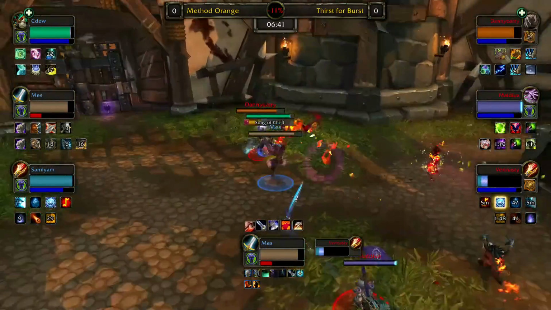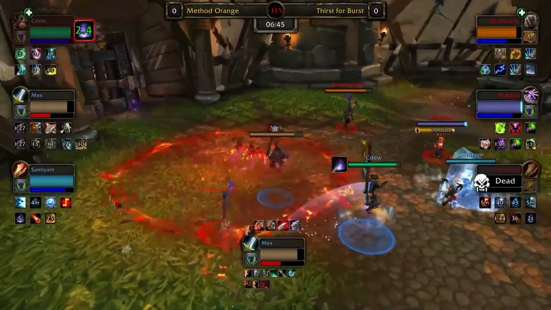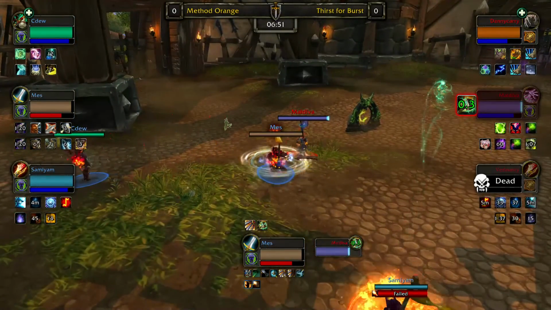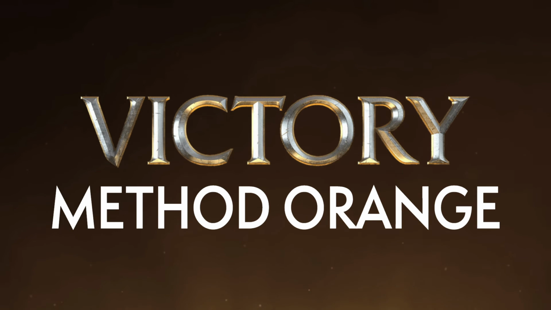Dragon's Breath now on Danny, and it could just be over right now. Varen does manage to hold on a little bit with the Temporal Shield, but that's just the main problem with the Restoration Druid. Every single time Method Orange has their instant crowd control available, they're able to generate massive pressure with the Spellseal from Samayam, and it's just one of the reasons why we don't see Druids too